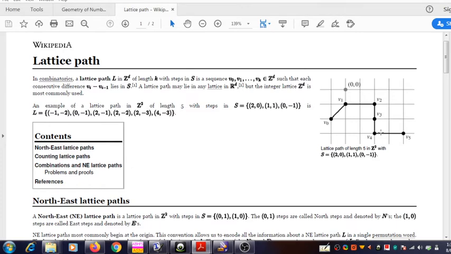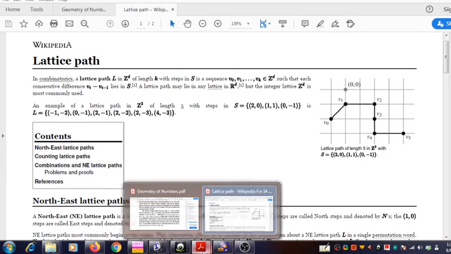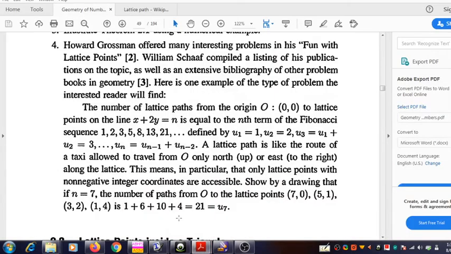But here some additional conditions are also included in the question. So for explaining it further, let's come back to the question. Here, not all paths are allowed. In this way, we can see that many paths are possible, but not all are allowed. What kind of lattice paths are allowed? Only those paths are allowed which